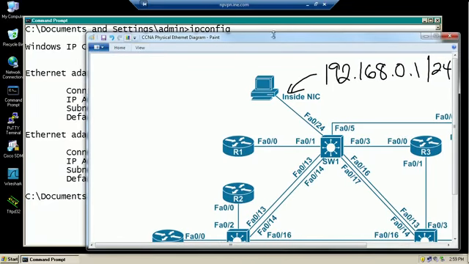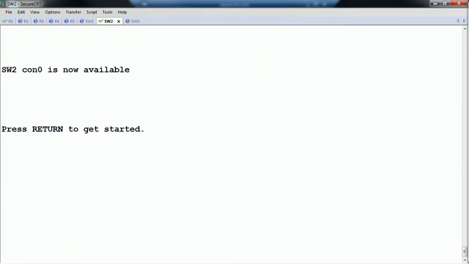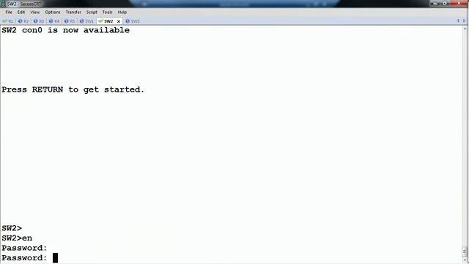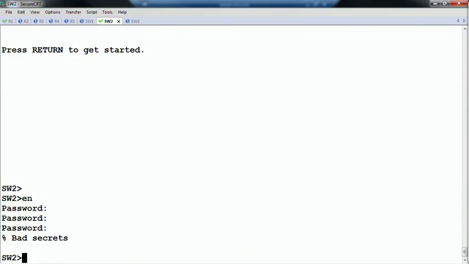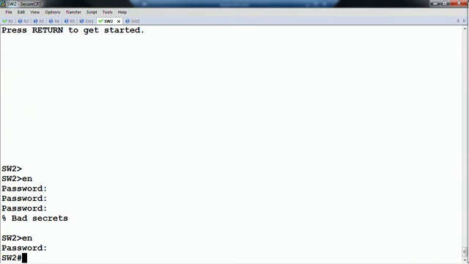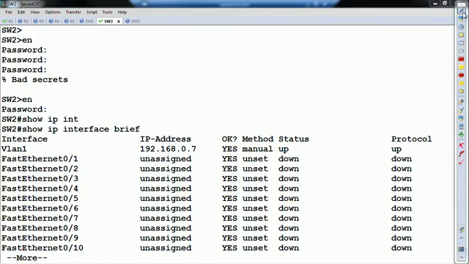That switch 2 had the IP address. I'm going to look at the show IP interface brief. Switch 2 has this address assigned,